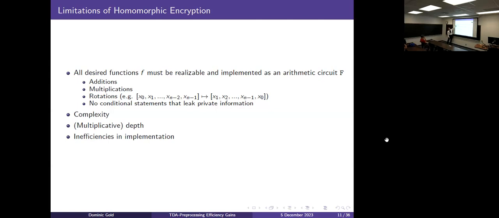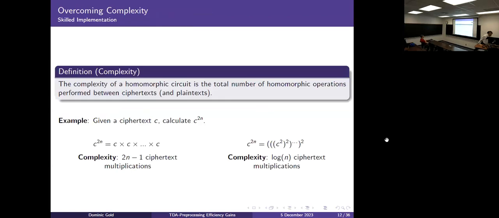I think this has made sense so far because I've shown you that you can add and multiply. But these three are not so clear. I'm going to go ahead and show you each of these and explain what they mean in order. So that's what the next slide is. So there's complexity. Let's define it first.